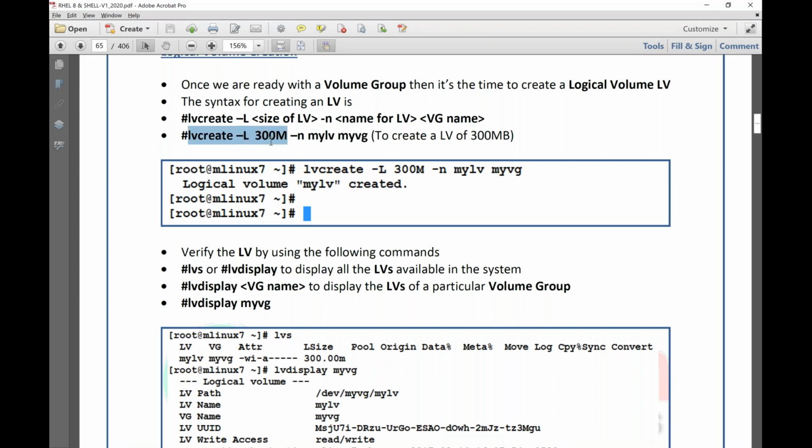Suppose I want to create a logical volume of 300 MB, hyphen N, some name. The name is myLV. Now make sure that this name is not already taken by other LVs. And I want to create it inside my VG. So I'll say